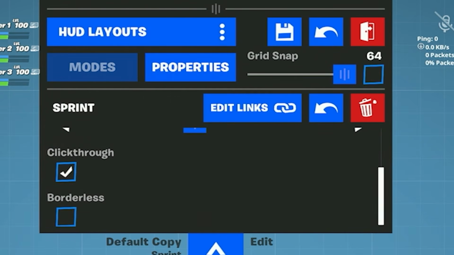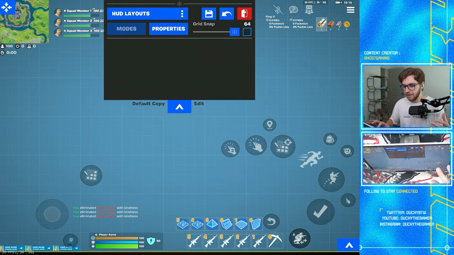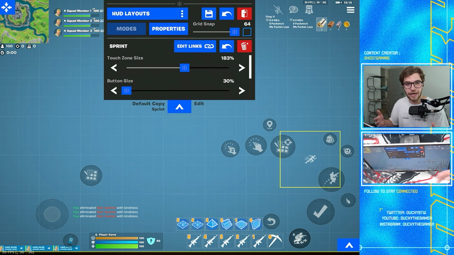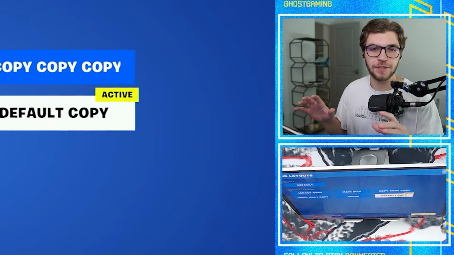And lastly, borderless is exactly what it says. It makes the button much more see-through. So if you're playing on a phone or a smaller screen, then enabling borderless and making the button size really small could still allow you a ton of visibility on your heads-up display without sacrificing actual usability and performance and skill. And so that right there is what I would consider the absolute basics of the heads-up display layout tool